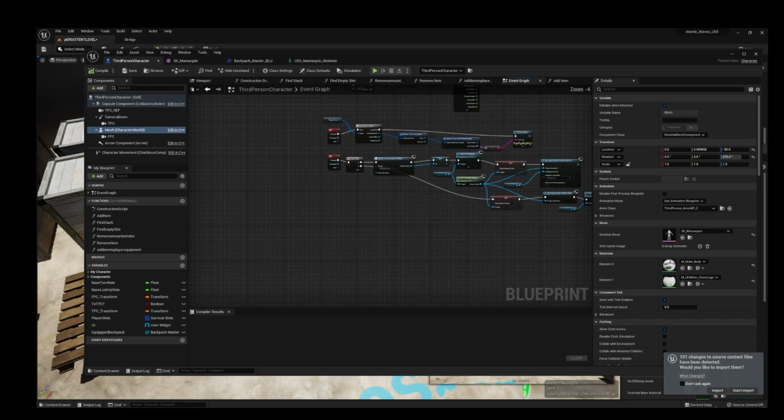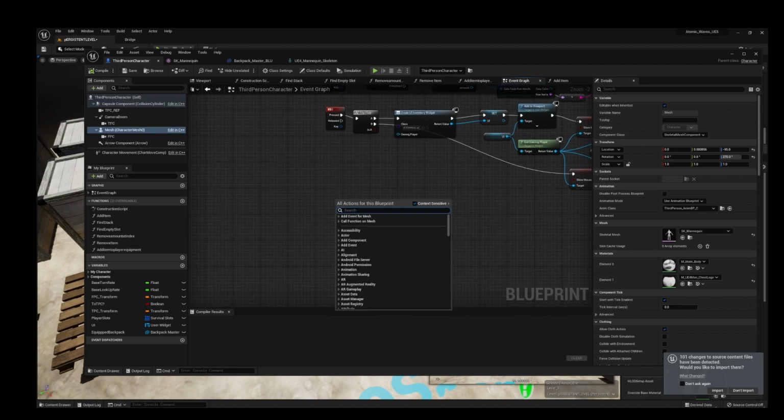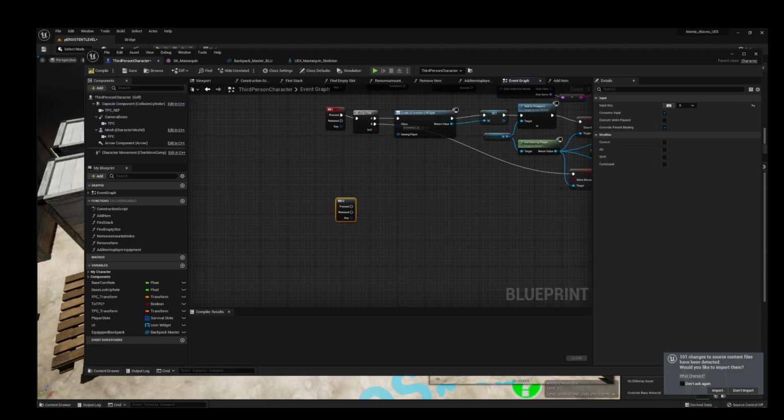Like I said, it's up to you what key binding you want it to be. I'm going to set it for keyboard B, B as in boy. So when I press B, I drop my backpack.